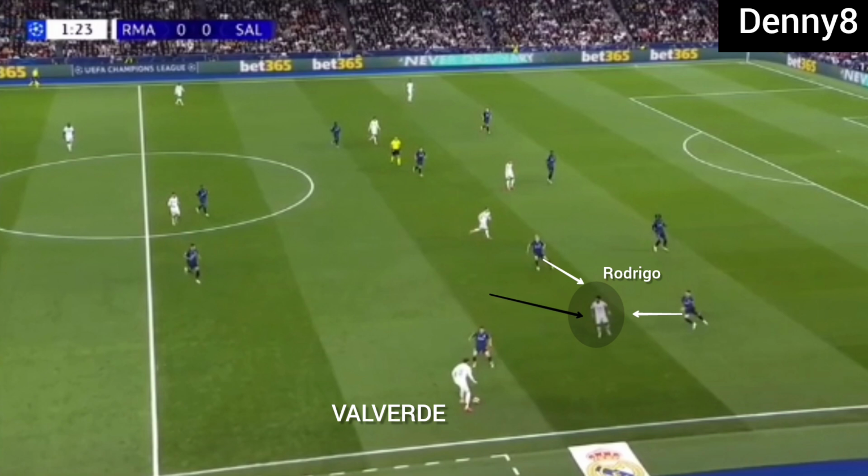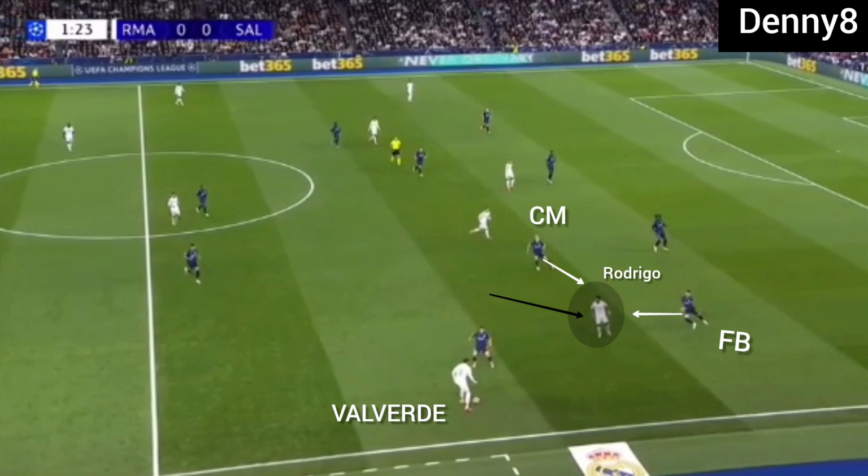But when the Real Madrid fullback was receiving the ball, Salzburg's midfielder was ready to close him down. At the same time, Rodrigo was drifting wide, but then Salzburg's fullback was ready to press him. On the other hand, Salzburg's central midfielder was also coming into the wide zone to help out. So Salzburg's wide midfielder is against Real Madrid's fullback, and Salzburg's wide midfielder and fullback are against Rodrigo. So Rodrigo was 2 versus 1 against Salzburg's central midfielder and fullback.